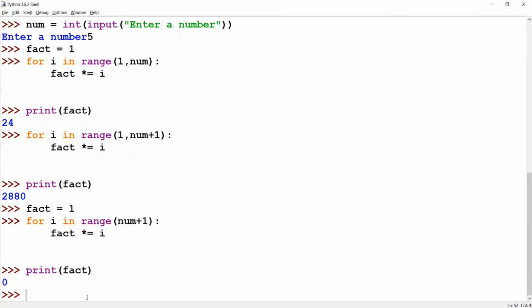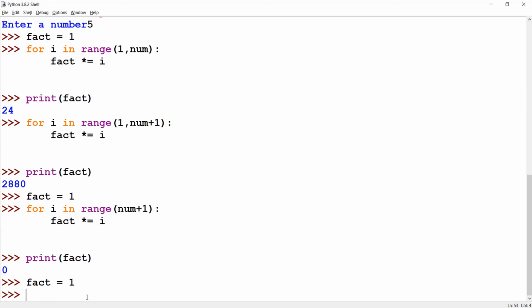Okay, so for the correct solution, I have to assign fact is equal to 1. First I have to take a number, then I assign fact is equal to 1, after which I apply for i in range starting from 1 or 2. Basically, since we have 1 over here, we can start from 1 or 2. It's up to you what you want to decide. So I am starting from 2 to the particular number plus 1, as in range we will go up to num minus 1 if I give num here.